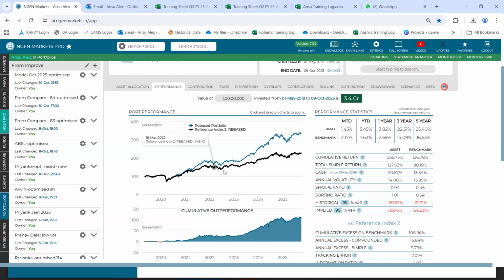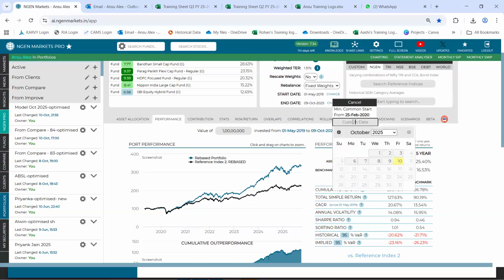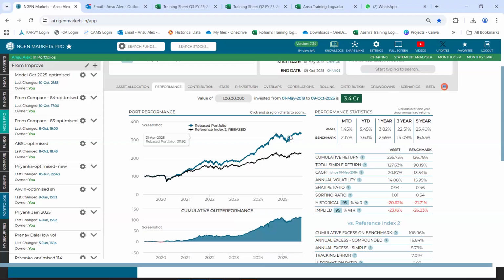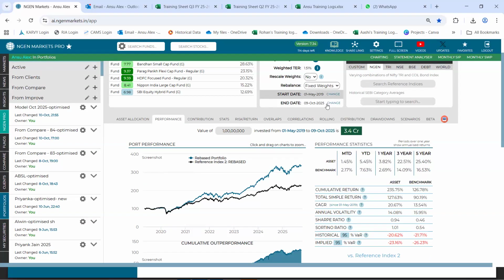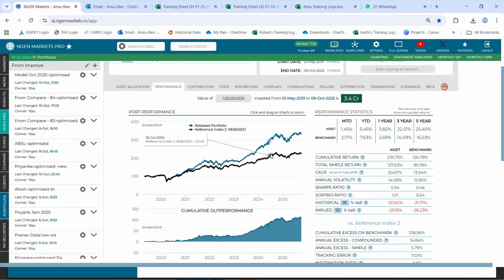Now this analysis is run for a time period that you can set in. You have an option to change the time period as well just by clicking on this change as an icon. There are certain preset time periods that we have provided. If not, you can also custom create your own start date as well. So just by looking at this graph, we could say that in the historical time period that we have set in, the portfolio is indeed performing better than that of the benchmark.